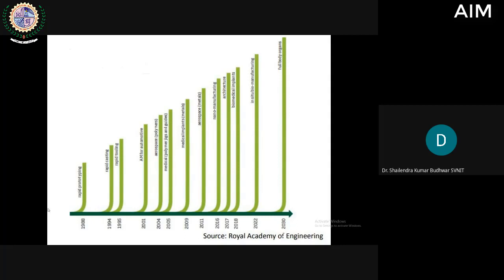At that time it was used only for preparing prototypes of polymer and plastic materials. Thereafter, around 1994, rapid casting, then in 1995, rapid tooling, then around 2001, this technique started to be used in